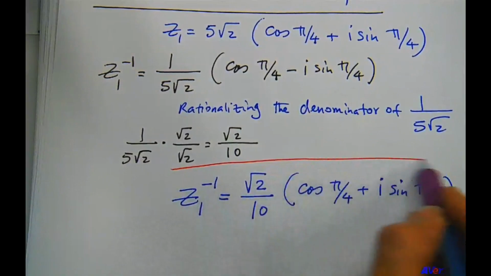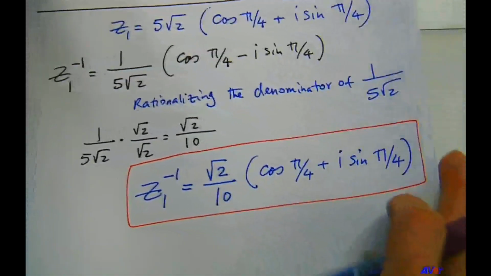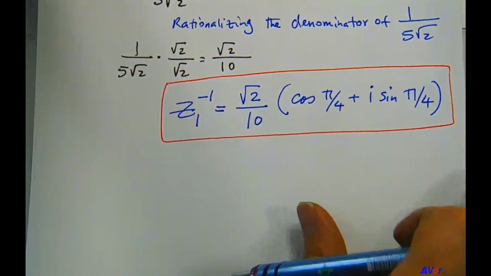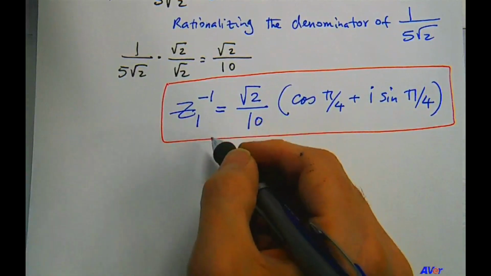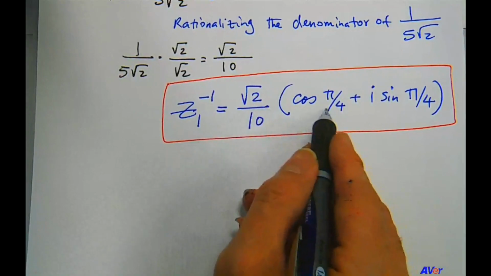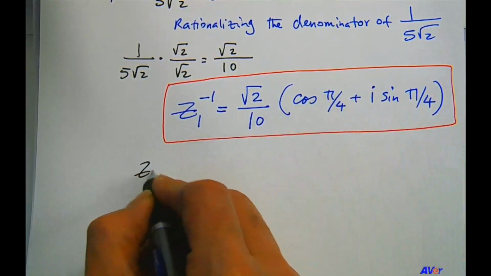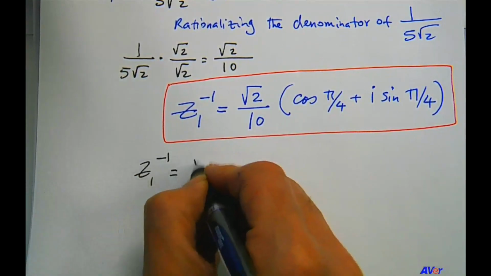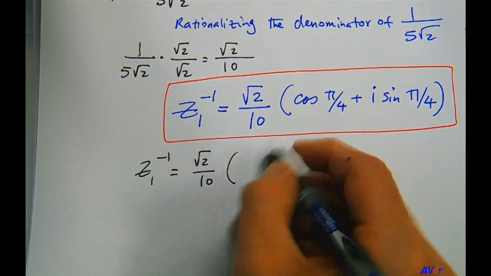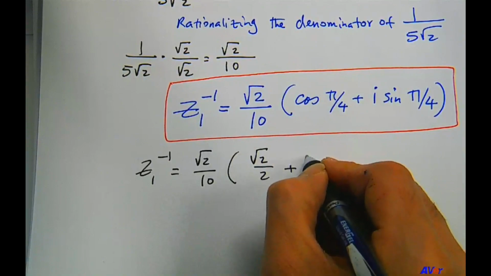Okay, so I'm going to box this, which is in polar complex form, but let's continue and simplify it further just in case we're asked to do something like that. So that is square root of 2 over 2. That is also square root of 2 over 2. So z1 inverse is equal to square root of 2 over 10 times square root of 2 over 2 for that, and then plus,